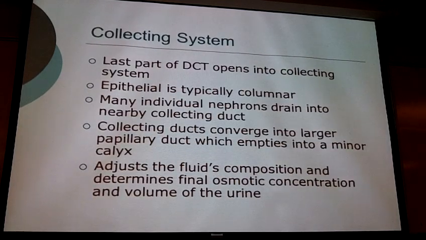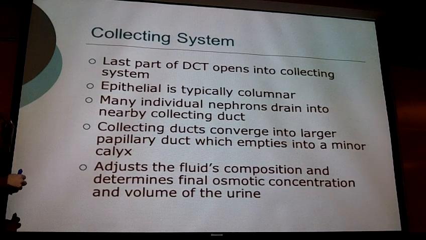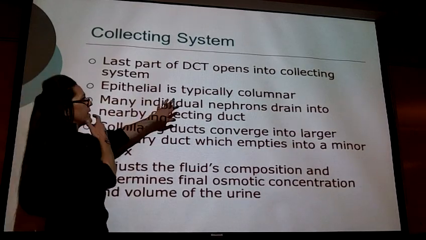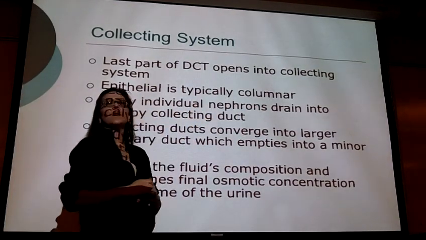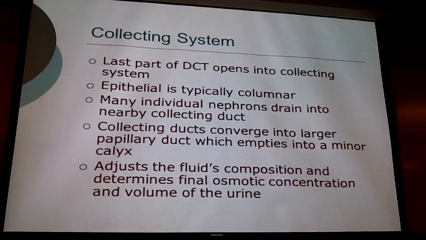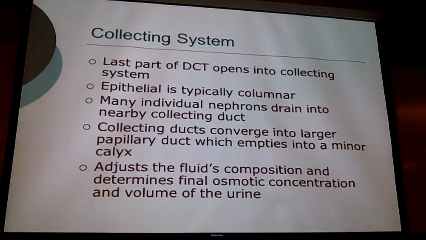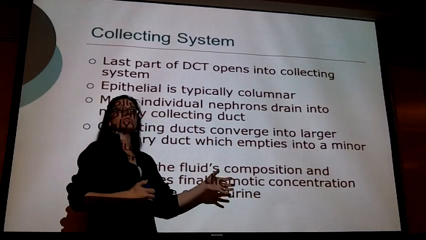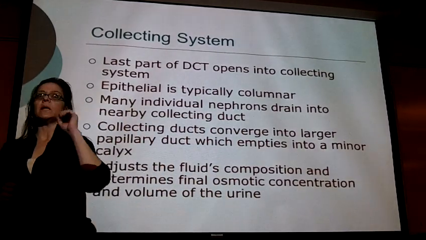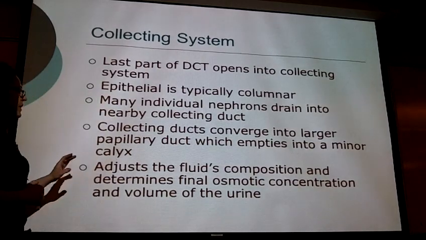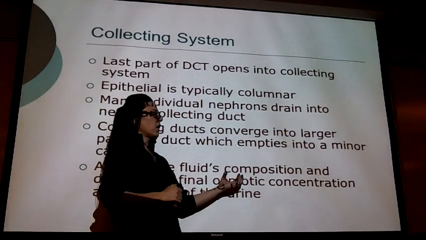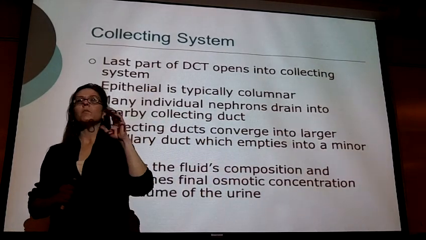Now, the collecting system. This is, again, what the DCTs are draining into, the collecting duct or the collecting system. The epithelia is typically columnar, simple columnar epithelia. And this is going to be the last place that we can adjust that filtrate before it becomes urine and leaves the kidney. So the collecting duct is where we make the final tweaks over osmotic concentration, how much calcium